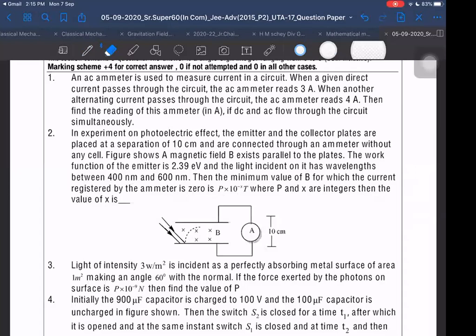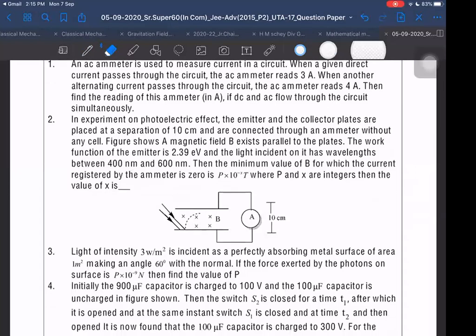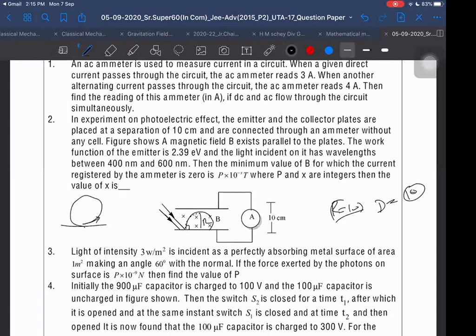Next. So we can get the answer. I think they may have given the answer by taking R as 10. But according to me, the answer should be given by taking the diameter as 10. From the diagram also, it is clear that they have taken it as radius. But I think some photoelectrons may go this side, and those going this side also should turn back. Then it can go up to the diameter also, no? Right or not?